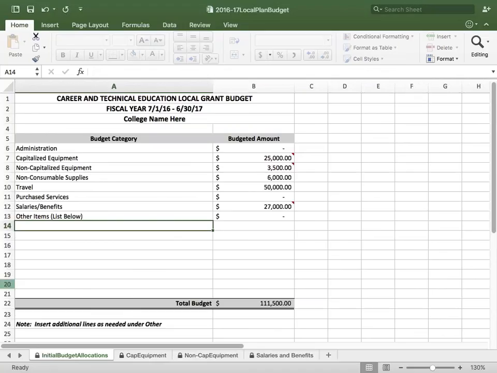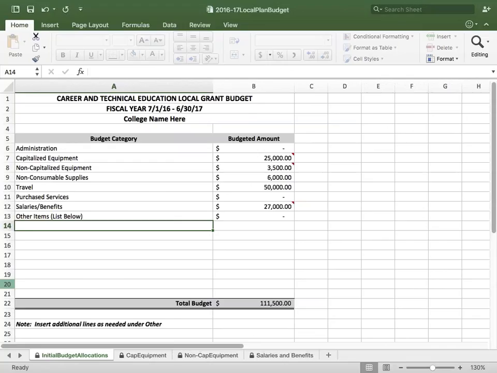I've seen consumable supplies for a brand new program. Have you? They do stuff like externships for your professional development. Your Skills USA chapters will be under there. Should you choose to do a plan with that, just several things that you feel are significant expense and not included under one of these other areas.